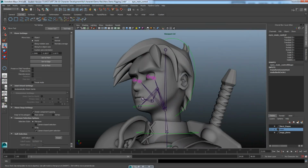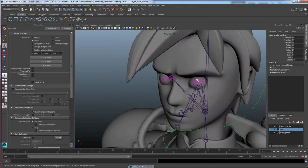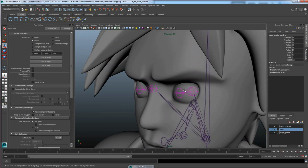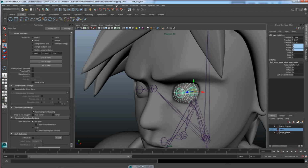So originally we could have parented the eyes to it, but in this case we're going to bind. So I'm going to take one eye, actually this is reference mode, so click on one eye, hold shift, grab the bone, and we're going to go to skin, bind skin, rigid bind. We're going to cover this later when we get to painting weights. This is how you attach the mesh to your bones, but in order to test the eyes, let's attach them right now. Smooth bind will be more for squashy stretch, rigid bind is going to be more for things that